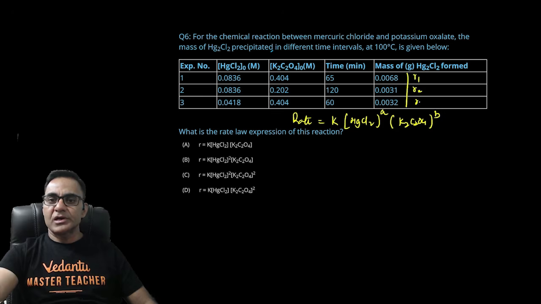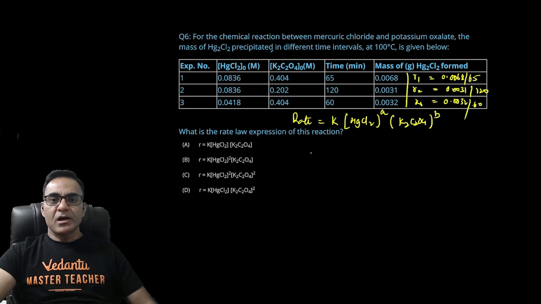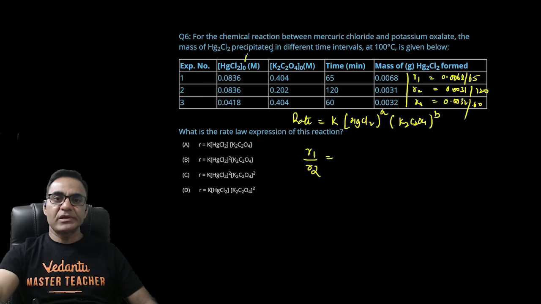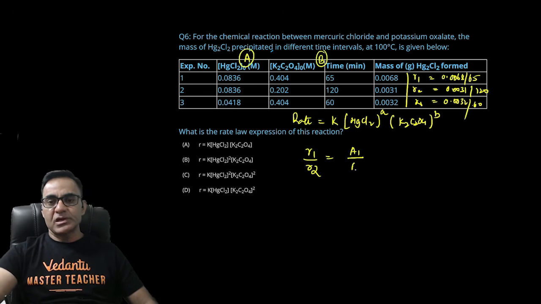R1, R2 एंड R3। R1 हो जाएगा मास ऑफ HgCl2 फॉर्म्ड, तो 0.0068 डिवाइडेड बाई 65 मिनट, ऐसे यहां लिख सकते हैं 0.0031 डिवाइडेड बाई 120 एंड ये हो जाएगा 0.0032 डिवाइडेड बाई 60। तो रेट मुझे पता चल गया। अब मैं अगर R1 अपॉन R2 ले लूं तो दिस विल गिव यू HgCl2 को मैं A मान लेता हूं, इसको B मान लेता हूं ना, बड़े बड़े मॉलिक्यूल लिखने पड़ेंगे।